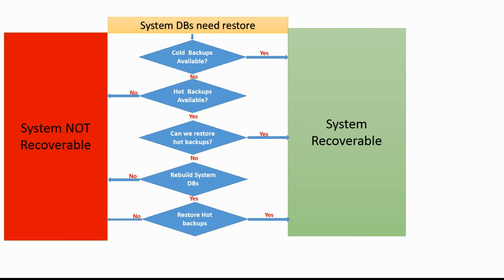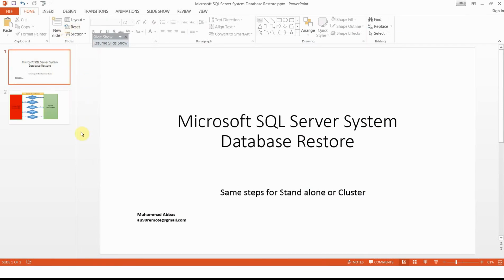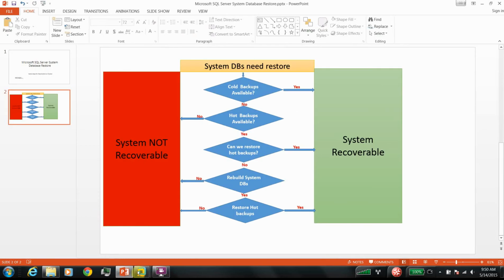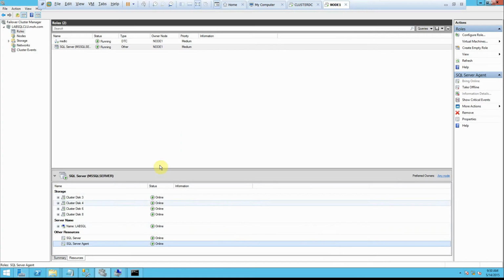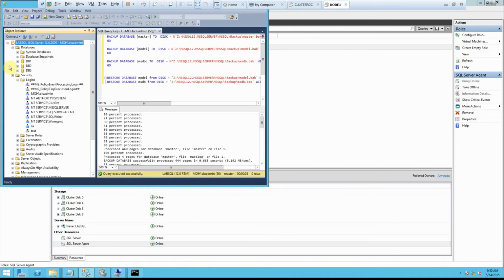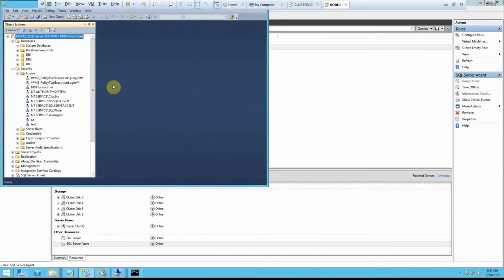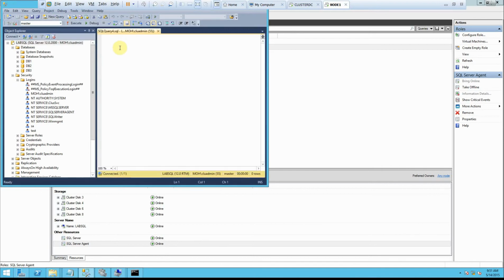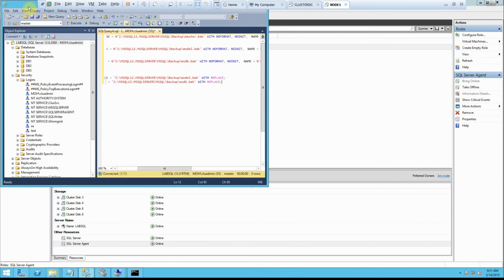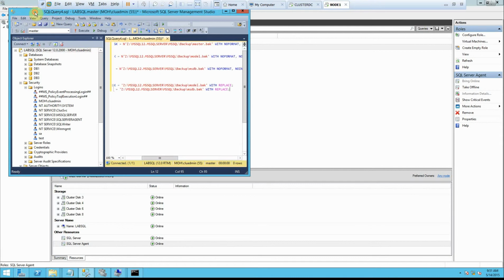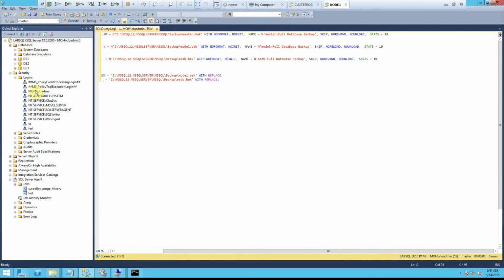Now let's look at the environment here and see if we can simulate this. I have a SQL Server in a cluster environment. It's 2014 and it is currently up and running. I had some of the steps sitting in there, I'll just remove those steps. I have this instance of SQL Server, and I see that I have a login, test login, and